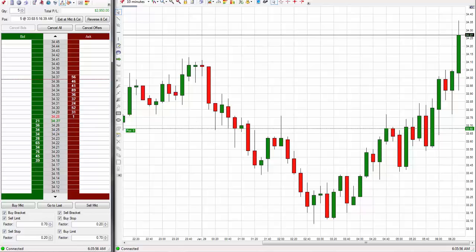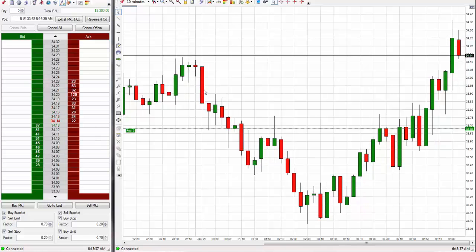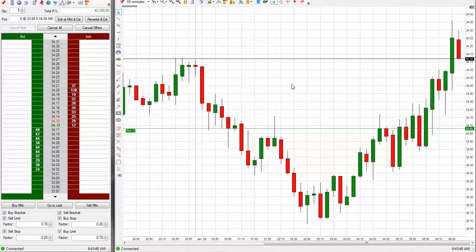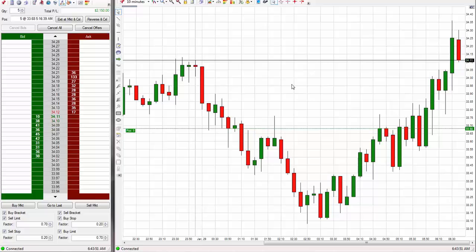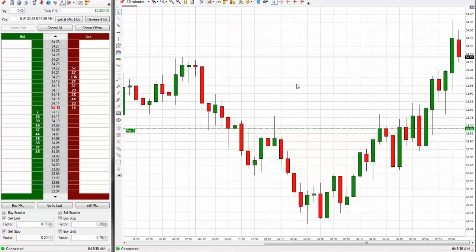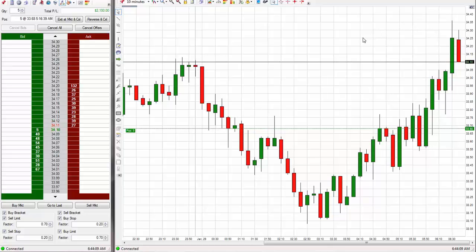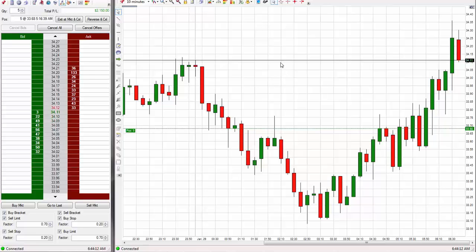I'll be back. Okay, I just wanted to show really quick that it made a top up there at 34.36. It is a mathematical possibility that that is going to be the top right there, but it probably won't be. What I'm going to do is hold it. The computer is going to give me another tell, and it'll tell me whether it's going to go up or go down. If it's going to go up, it'll go much higher. If it's going to go down, I will simply reverse the position and go short on the trade. So it'll let me know what it's going to do, and I am looking for that tell now.